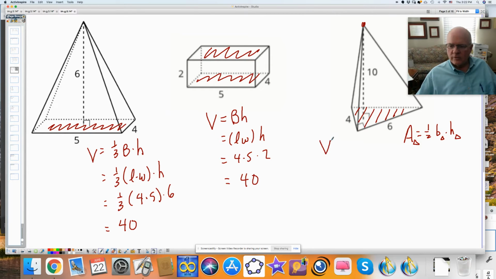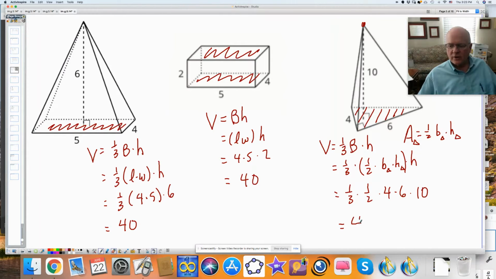My formula for the volume of a pyramid is 1/3 times the area of the base times the height. The area of the base is the triangle. So this is 1/3 times 1/2 times the base of the triangle times the height of the triangle times the height of the pyramid, not to be confused with the height of the triangle. Now I'll substitute the values. 1/3 times 1/2 times 4 times 6 times 10, and you plug this into your calculator and you get 40. Indeed, all of them have the same